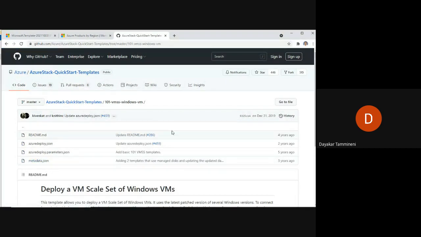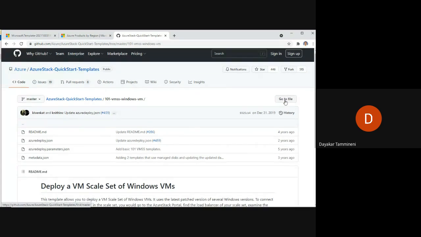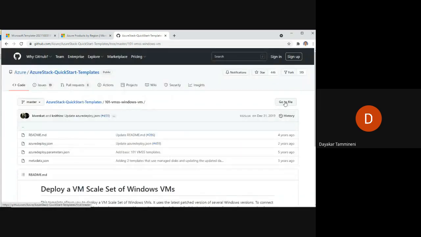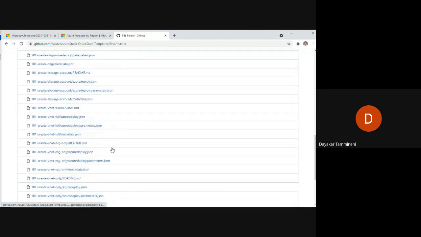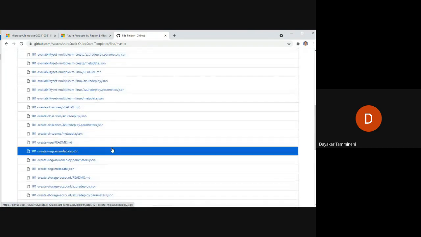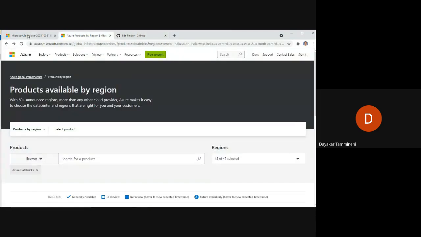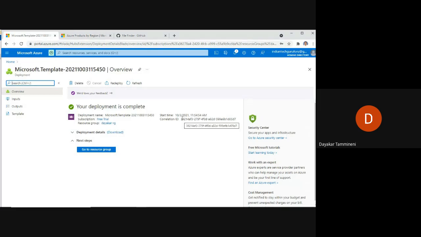Here you can find who has created this particular template, and you can download it. After downloading, you can utilize this template in Azure to create a virtual machine. Now just go to the resource group.